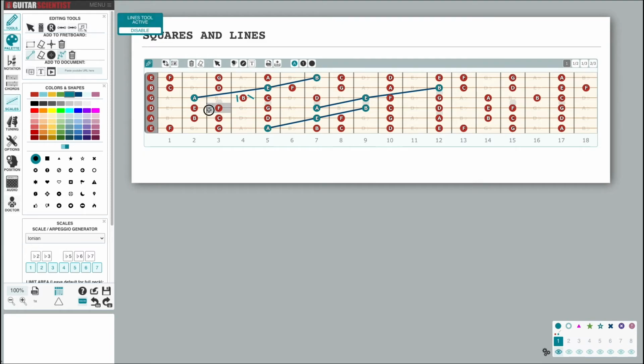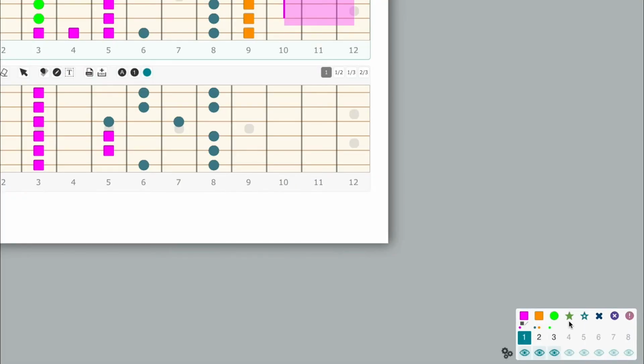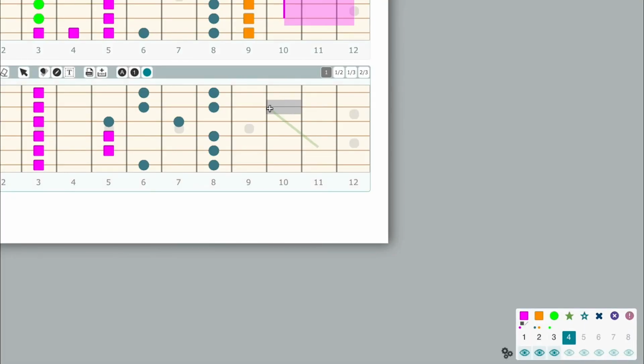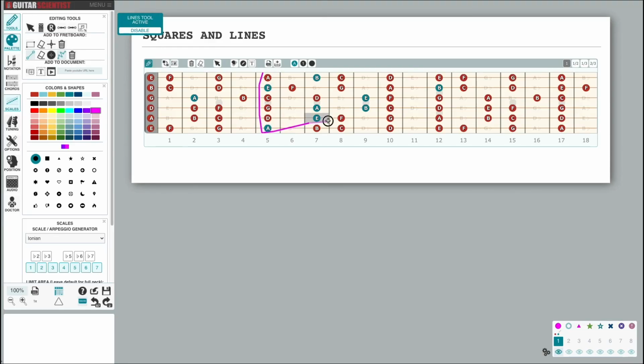One final note about lines and rectangles. They are contained into layers, just like the fret markers. So if I have a scale on layer 1 and I draw the lines on layer 2, I can show and hide them very easily by just switching on and off their layer. All lines and rectangles are parametric, so if I resize a fretboard, all the graphics will adapt to still highlight the exact same frets.